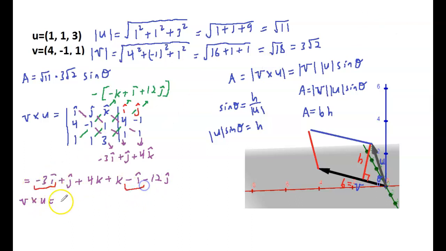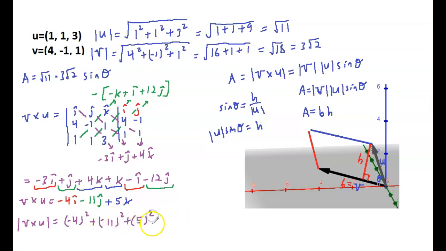So my i's, I have negative 3i and negative i for negative 4i. I have my j's, I have positive 1j, negative 12j for negative 11j. I have 4k and k for 5k. Now I could find the magnitude of the cross product by squaring each individual term, and then of course taking the square root of that. So 16 plus 121 plus 25 square rooted. This ends up giving me